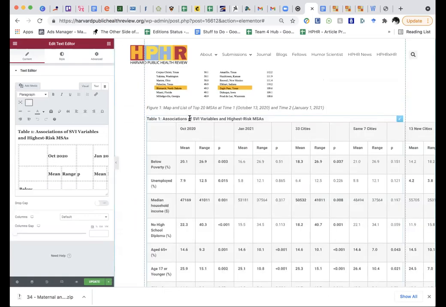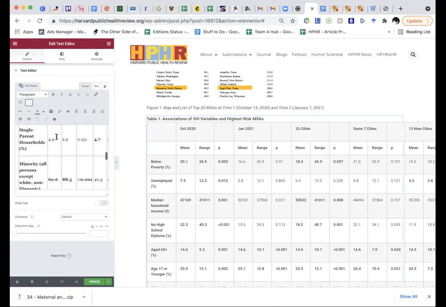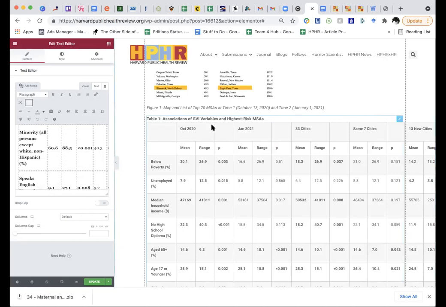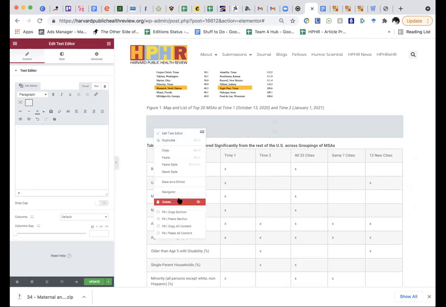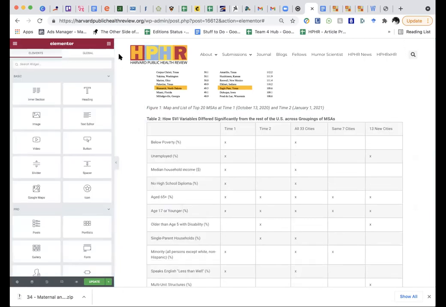This is relatively easy to create. A lot of folks just put tables into the text of their documents that they provide to the journal. And all you have to do is copy and paste it into a text box. So I'm going to demonstrate that now. So pretend that I've just copied a table from an article.